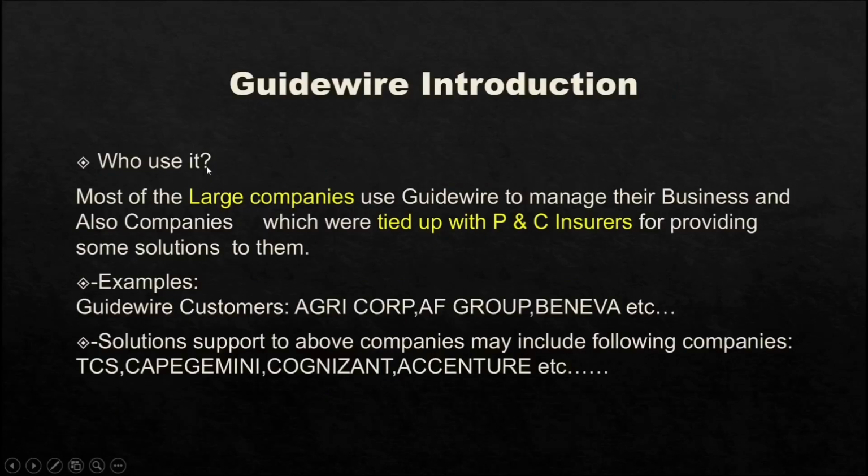Then coming to the next thing, its usages: who uses this Guidewire? Most of the large companies or large insurance companies use this Guidewire to manage their business, and also companies which are tied up with P&C insurers, these large insurance companies, for providing some solutions also use this Guidewire in development. Here large companies are nothing but insurance companies only. For example, Agricorp, AF Group, Beneva. These are some companies in the insurance domain. These companies use Guidewire, which are nothing but customers of Guidewire. These companies use Guidewire in development, and also companies available in the market to provide some solutions to these big companies also use this Guidewire